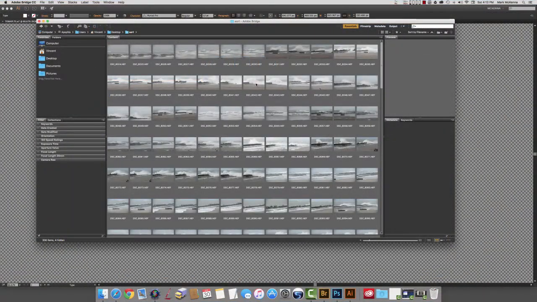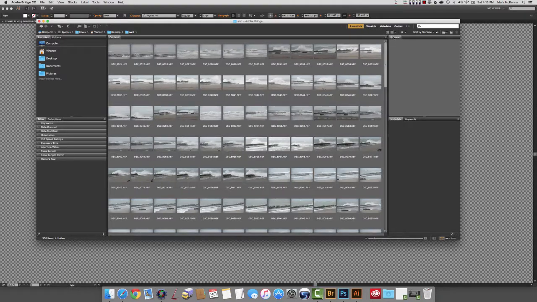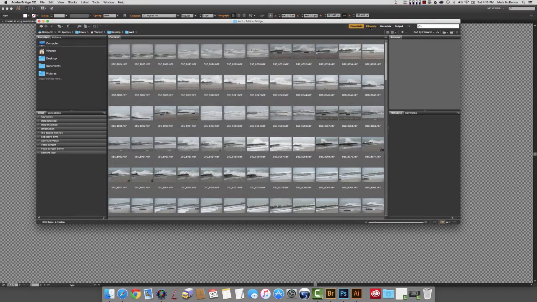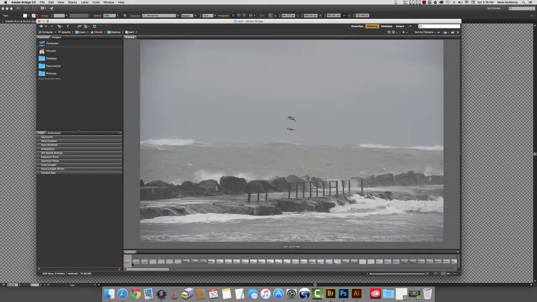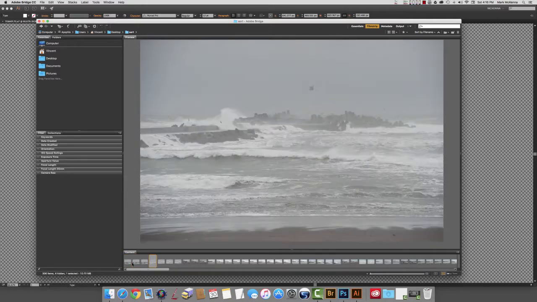At its core, Adobe Bridge is an image browsing program that allows you to view a variety of formats. In this class, we'll be using it to preview camera raw images. It basically works in two ways. It allows you to look at thumbnails of your images and larger preview images based on those camera raw files so that we can edit our images and select the ones we want to get into Photoshop and to ultimately